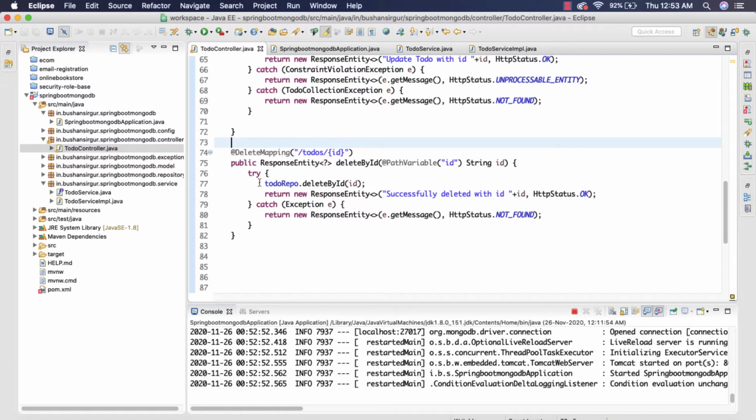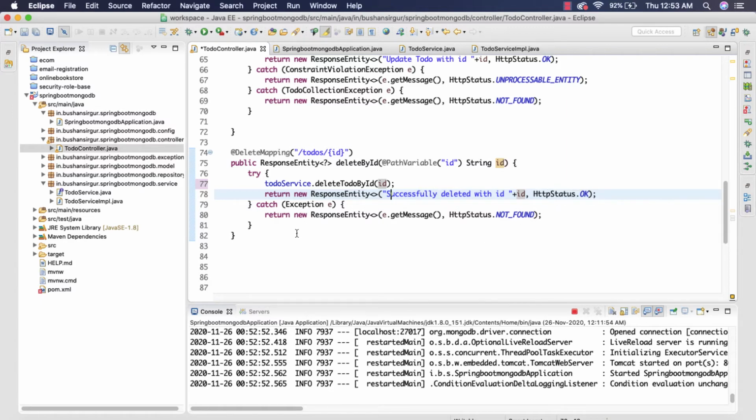Inside this try catch block, I'm going to make use of the service: todoService.deleteToDoById, and we're going to pass the ID to it, and then return a response entity, successfully deleted with ID, the ID, and pass the HTTP status OK.